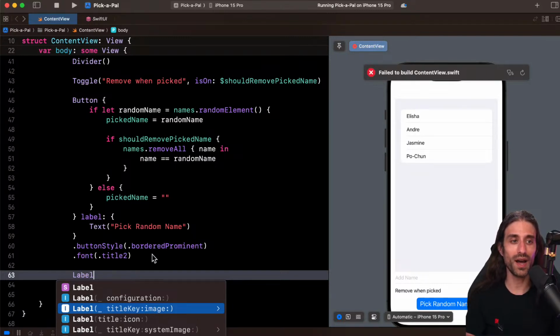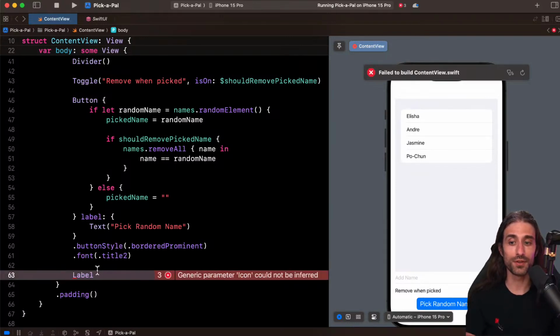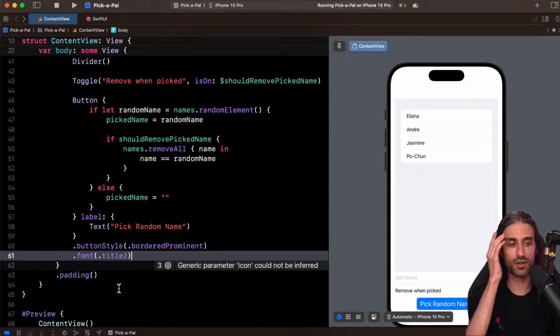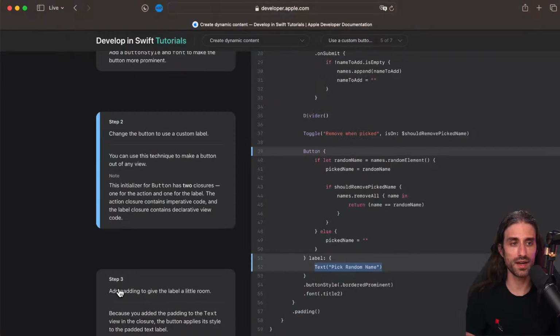So that's why when you ask, could a button label be an image? Yes. Here you can pass anything that you want, but you could also pass this Label, which makes it very easy to have text and image together. But the important thing is that this Label with a capital L doesn't mean the same thing as this label with a lowercase l. Here it can be any kind of view whatsoever, and here it's a shortcut to basically having an HStack with an image and the text. So this can be quite confusing when you're not used to it, and to be honest, probably a bit of a misnomer on the SwiftUI team's end.